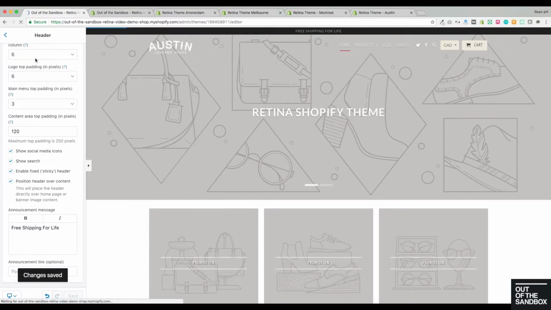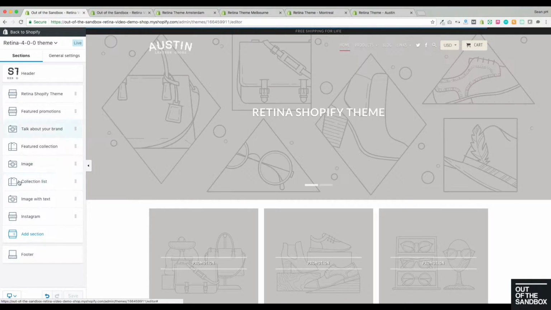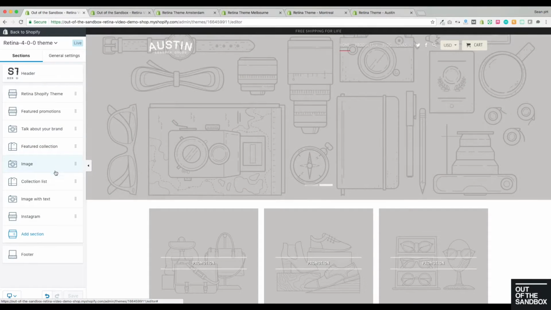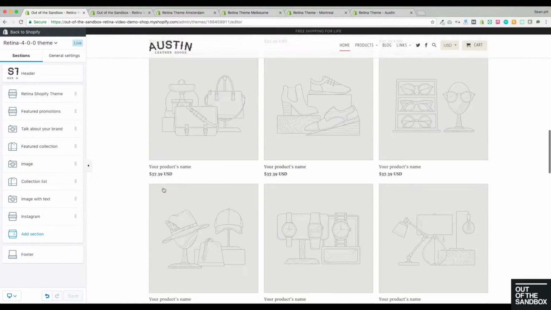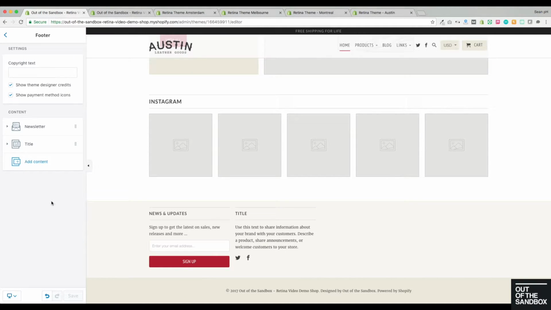So with our header in good shape, let's head back to this master sections area here. And instead of jumping into the body of the homepage, let's scroll down to the bottom and configure the other common element, meaning an element that will appear on all of the pages of the site. So first we have this copyright text setting. If you wanted to show some additional text in the copyright text area,